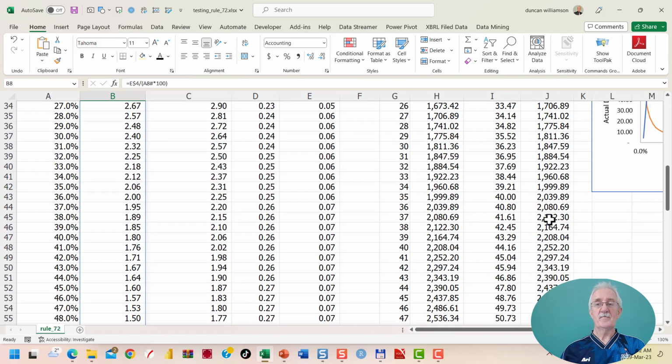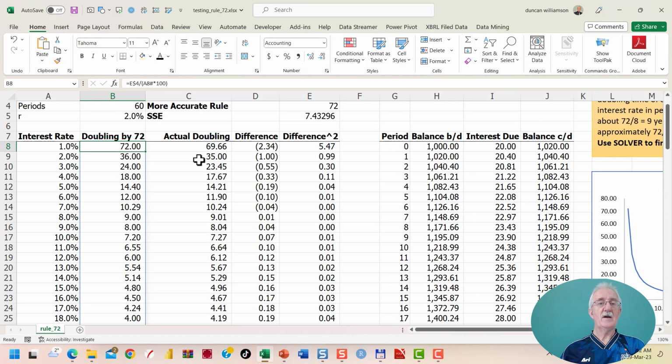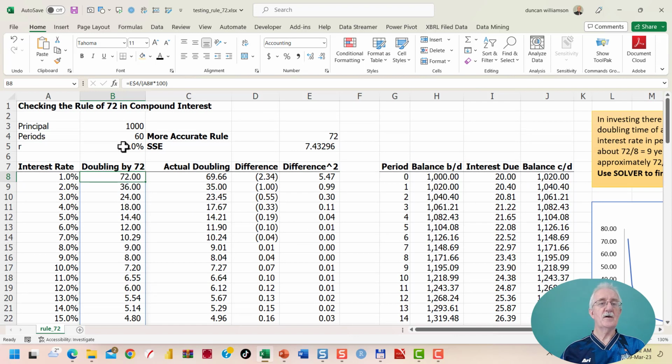There it is. It's around about just over 34, a little bit less than 35. It says actual doubling is 35, nearly. And so there's a difference. We're expecting 36, we get 35, there's a bit of a difference. And in fact, that's true all the way down. If I change that to 3%,